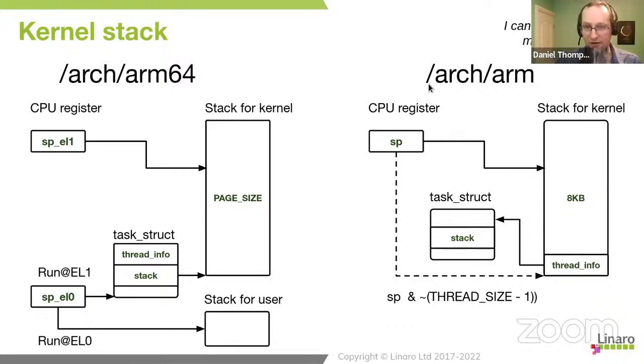ARM doesn't have the luxury of two different stack pointers that we can cheaply observe. So it's constructed differently. It has a stack. At the bottom of the stack is the thread info, and that's how we find out what thread we are. It's accessed through a little bit manipulation. What that implies is if you overflow the stack on ARM, you can't even identify what task you are anymore because you start looking at a different thread info somewhere else in the system. So it's one of the things that makes stack info so exciting on ARM systems.